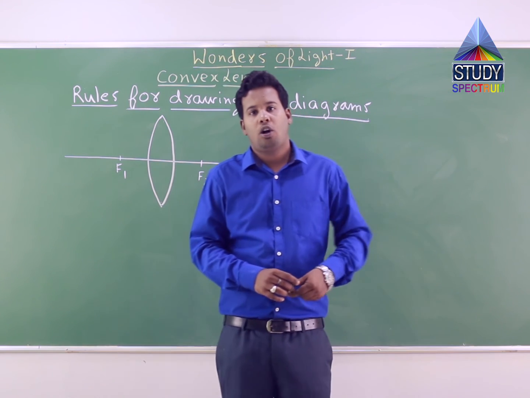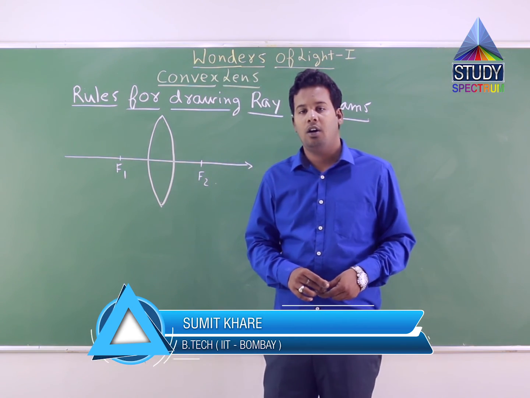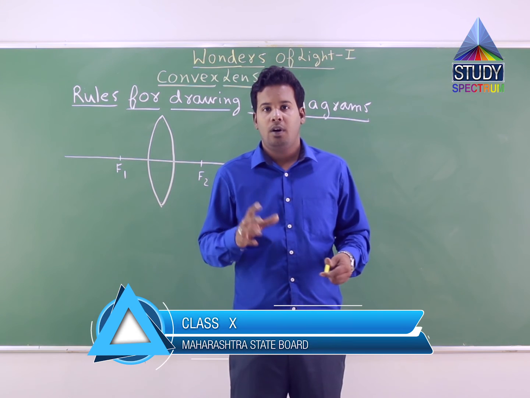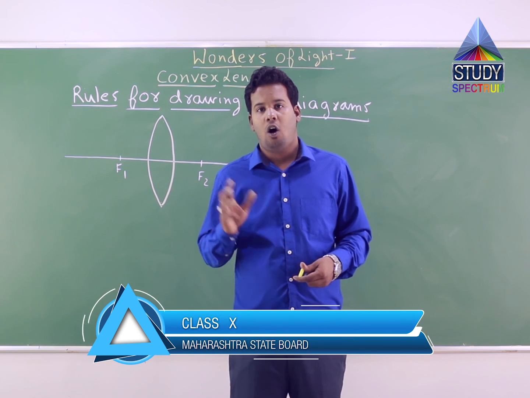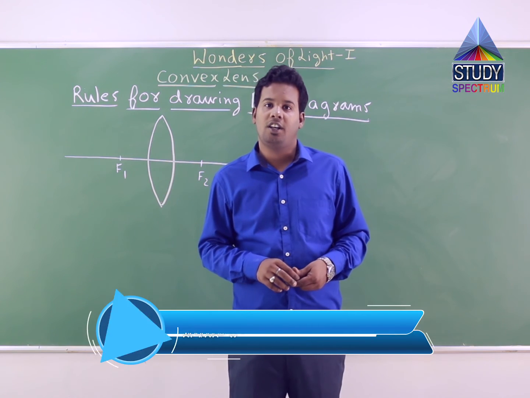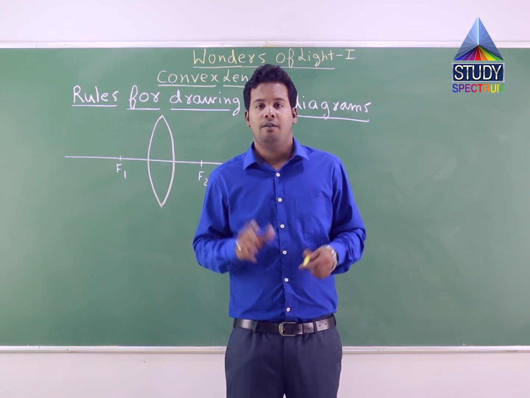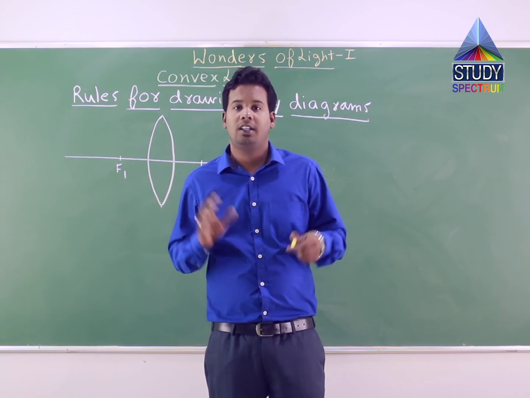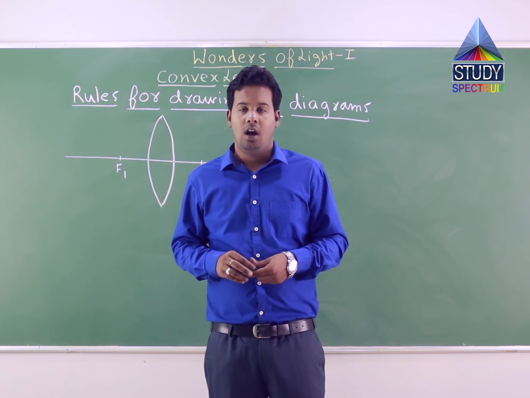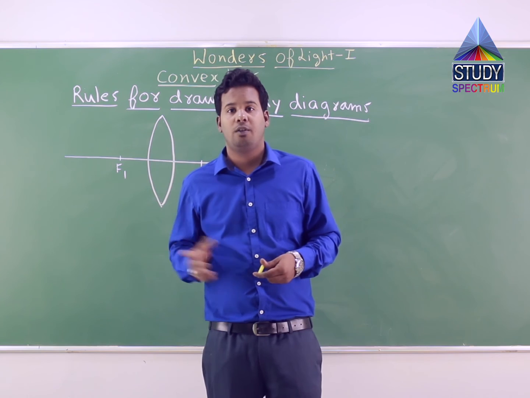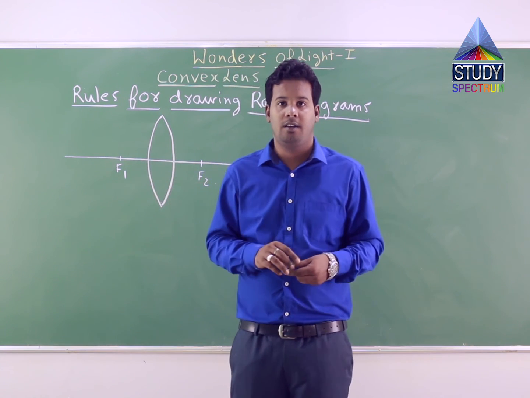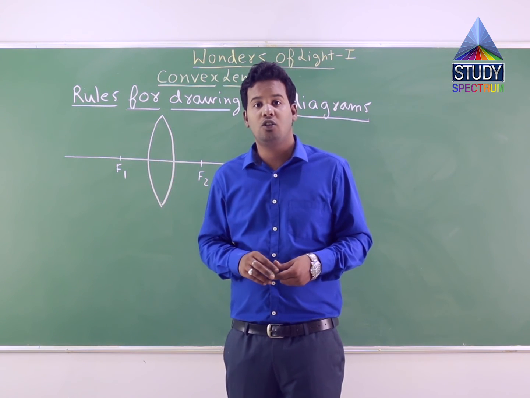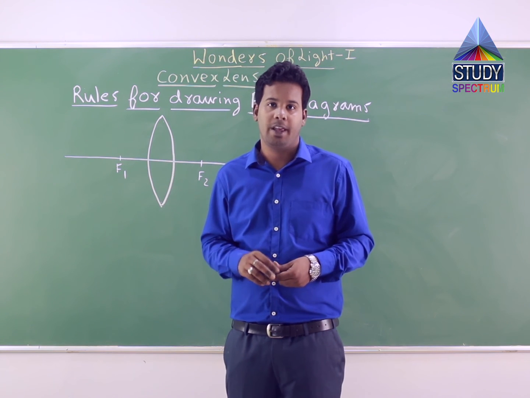So now let us talk about what are the different rules for drawing ray diagram in these cases of convex lens. Friends, if you remember when we talked about 6 different cases of position of object placed in front of concave mirror, there were also 6 cases. We first found the 4 results for theoretical question where the data has not been given, and still the question asked about nature of image, size of image, position, etc. There also we first calculated the 4 results for theoretical question assuming r is equal to 10 and f is equal to 5, correct?